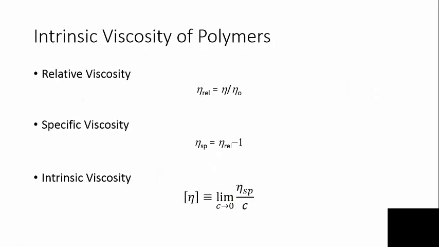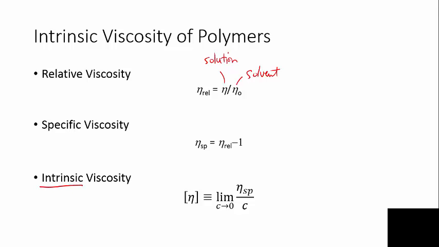So what is the viscosity of a polymer? Well, the relative viscosity is our initial measurement, which we get by measuring the viscosity of the solvent and then the viscosity of the solution. This would be a dilute solution of the polymer in the solvent. It's going to be more viscous than the solvent, and the ratio of that is our relative viscosity. Specific viscosity is relative viscosity minus 1, and then intrinsic viscosity, which is really what we want to know,